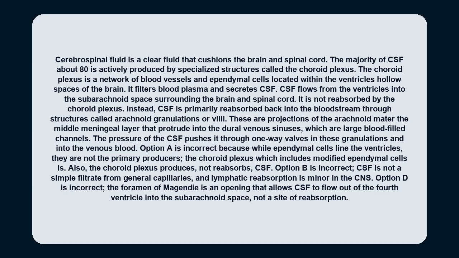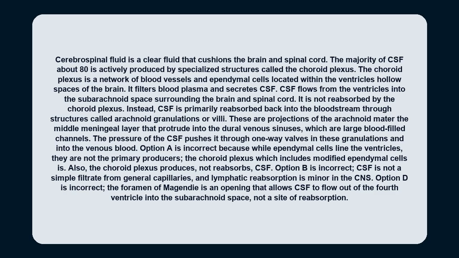CSF flows from the ventricles into the subarachnoid space surrounding the brain and spinal cord. It is not reabsorbed by the choroid plexus. Instead, CSF is primarily reabsorbed back into the bloodstream through structures called arachnoid granulations or villi. These are projections of the arachnoid mater, the middle meningeal layer, that protrude into the dural venous sinuses, which are large blood-filled channels. The pressure of the CSF pushes it through one-way valves in these granulations and into the venous